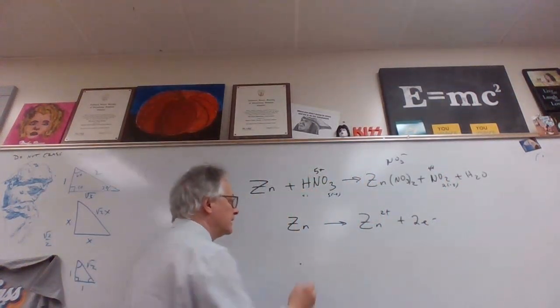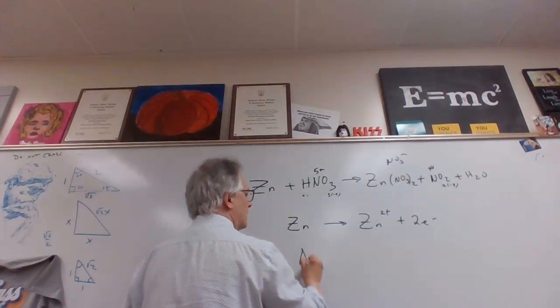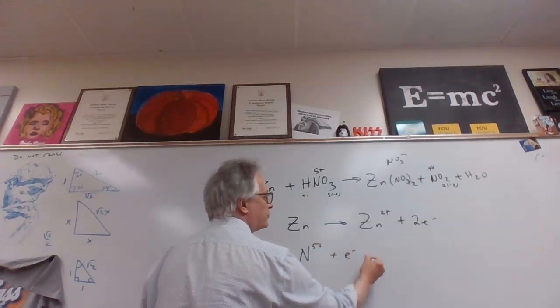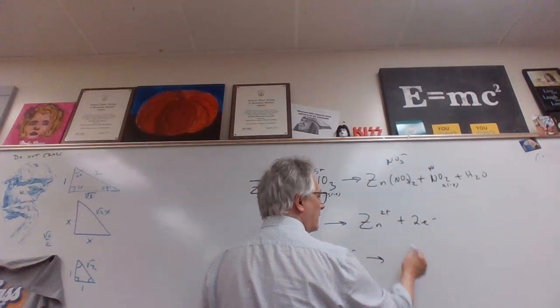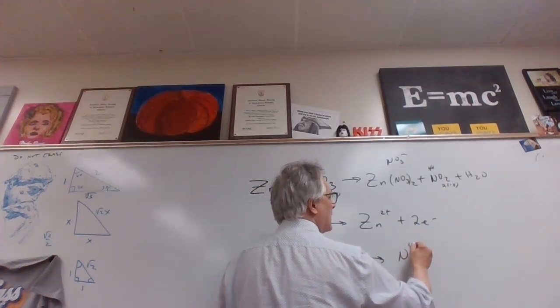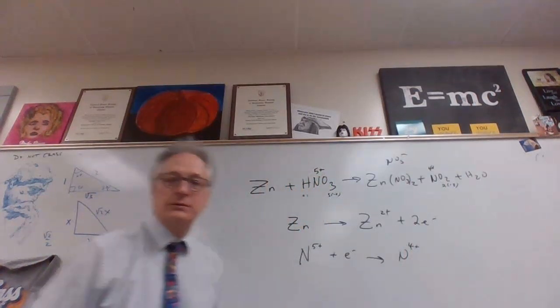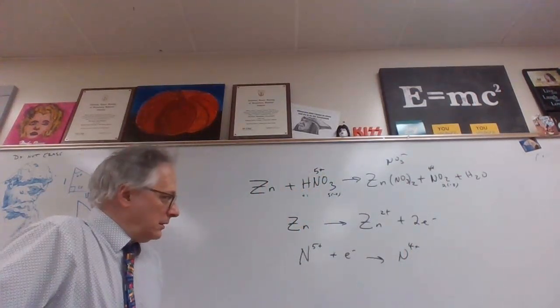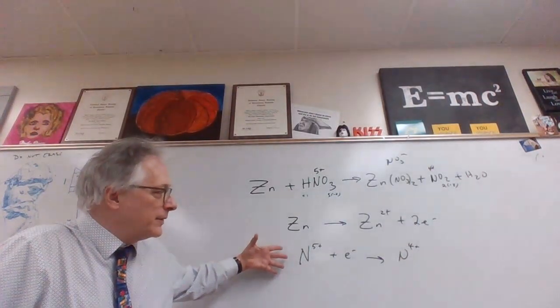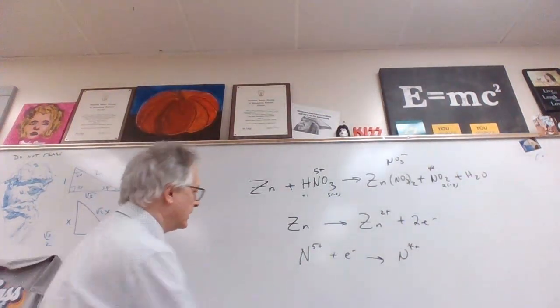So what you have is you're going to have N plus an electron to give me nitrogen with +4 oxidation state. So this is the reduction part. So this is the oxidation,